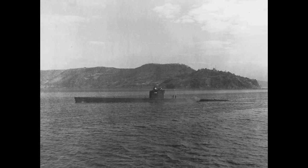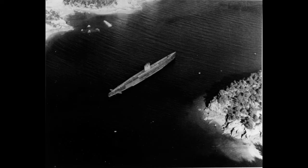I-201 was launched on February 2nd, 1945. By this point, the Japanese fleet was a shadow of its former self. Only one major action remained in Operation 10 Go. Of course, as a submarine, I-201 was not assigned to that operation. Instead, she spent her entire time in service on testing duty, with the submarine based in Maizuru on August 15,